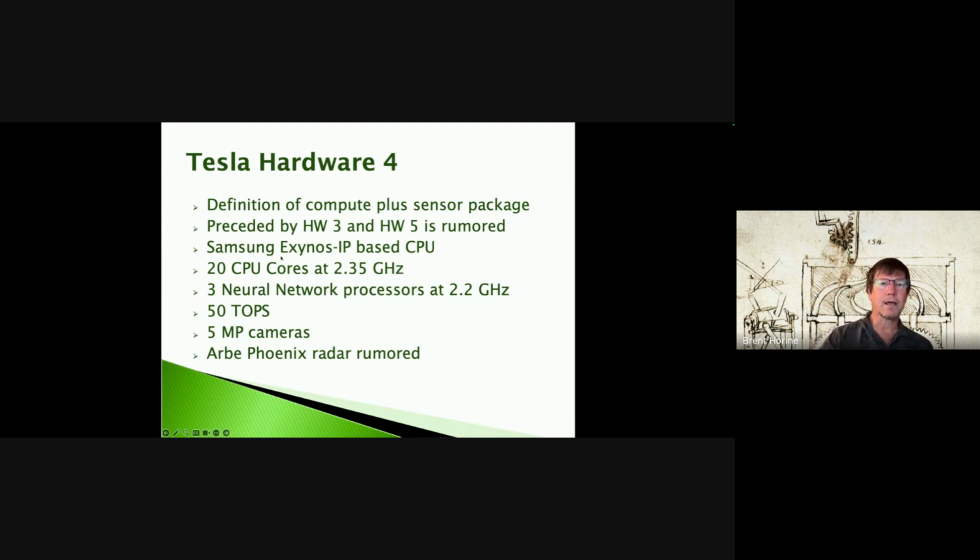But there are certain things needed in autonomous driving that are maybe more specialized than if you're doing actuarial tables or something, trying to evaluate life insurance policies, right? So there's some customization going on here. If you're in the numbers, 50 TOPS, 5 megapixel cameras, and every article you read on it talks about the Arbe Phoenix radar,